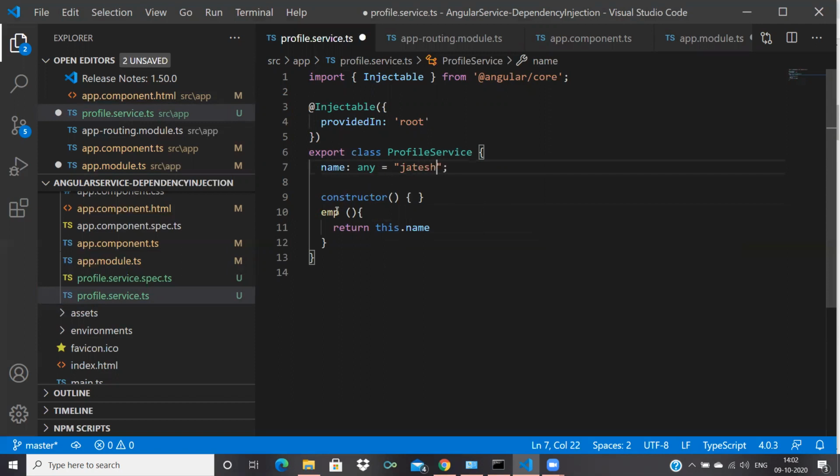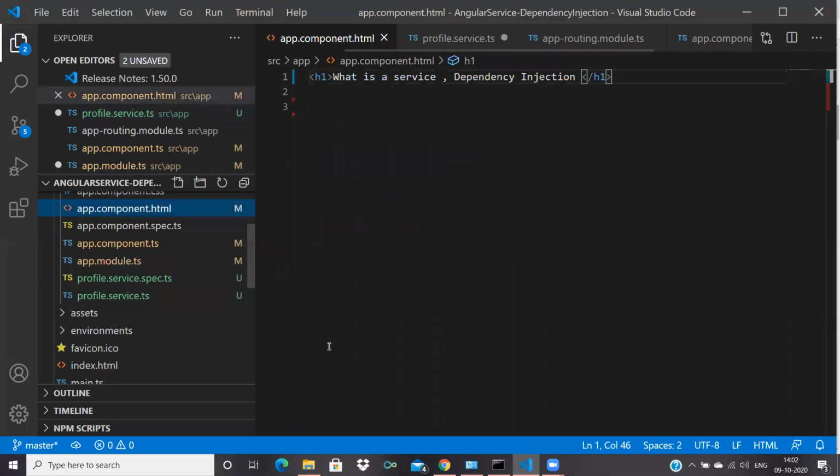In this service I have a function and I'm returning this value, this name. Now I want to show this value in app.html here.